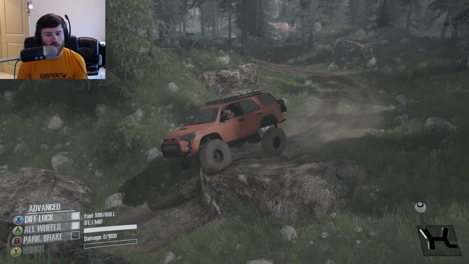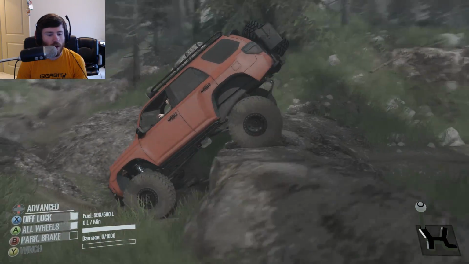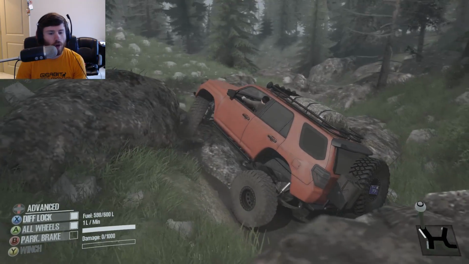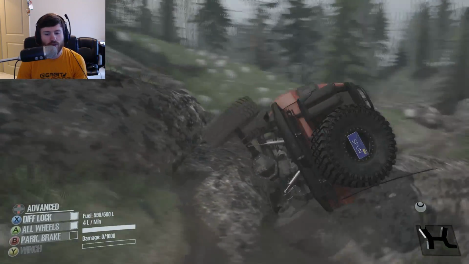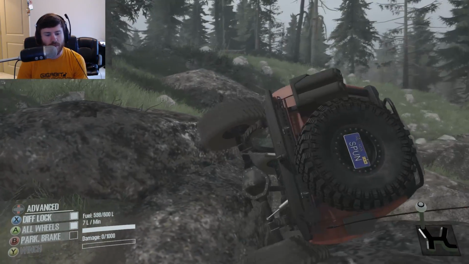Yeah, this is where the realistic stuff starts to come into play, because in real life, this is something where most people would want to have a spotter. This is where most people would be going slow. You could blow through this if you wanted. You know, in MudRunner, you could blow through this if you wanted, but...